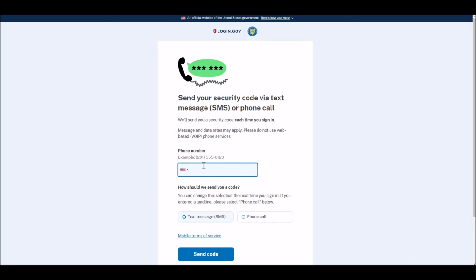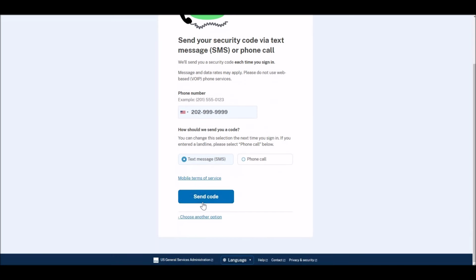And for the purposes of this, I'm just going to use a test phone number. In this case, I want to receive a text message. So I'm going to have the text message box selected, and then I'm going to hit send code.